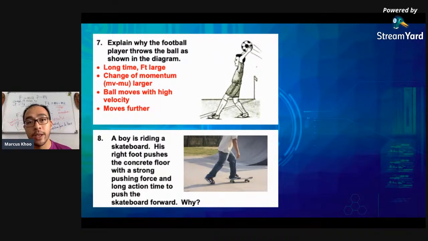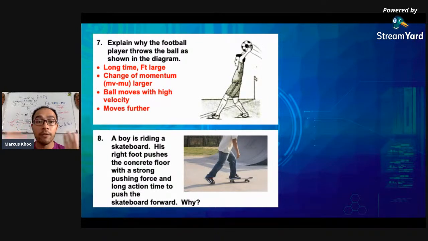If you don't believe it, if you have a garden and you're allowed to go into your garden, go ahead and try this. If you have a skateboard, try lah. Use the same amount of force but short time and long time. See the big difference. Your skateboard now will go much further if you use that force with a long time. You spend more time to push the skateboard, rather than just like that lah.